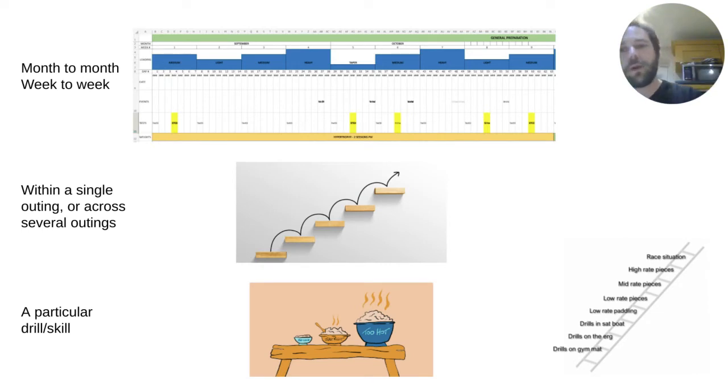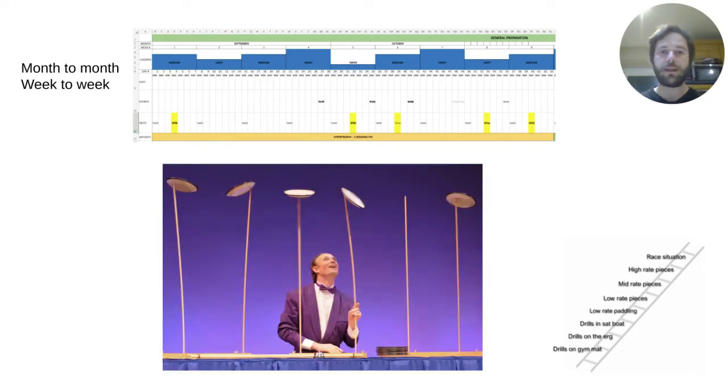So these are the three contexts that we're going to think about this ladder model in. Number one is this kind of month-to-month or week-to-week timescale. We're then going to zoom into the context of maybe a single outing or a string of outings. And then finally, we're going to look at when we're considering a particular skill. Is this the right drill to choose at this right moment? So first of all, looking at this month-to-month, kind of week-to-week idea,